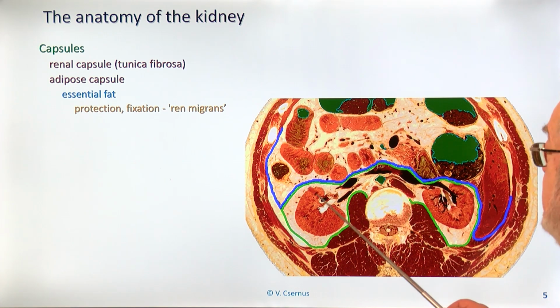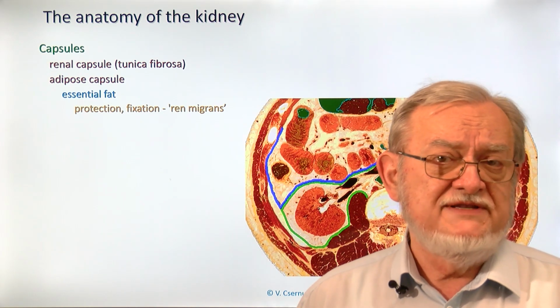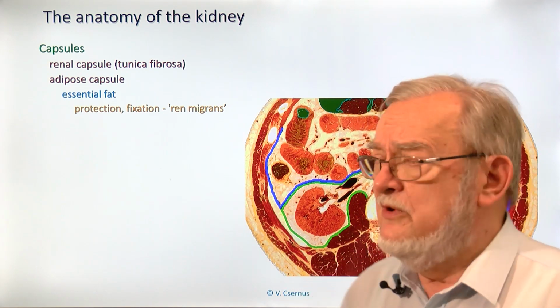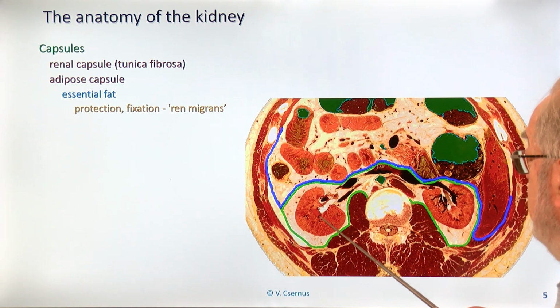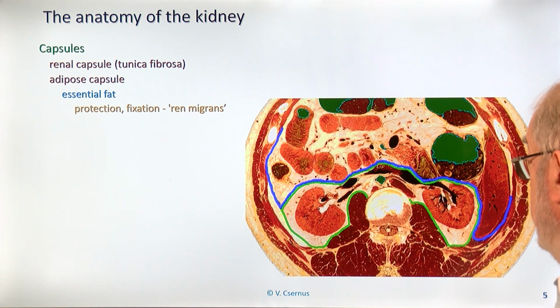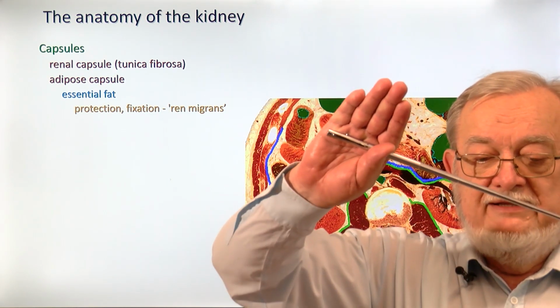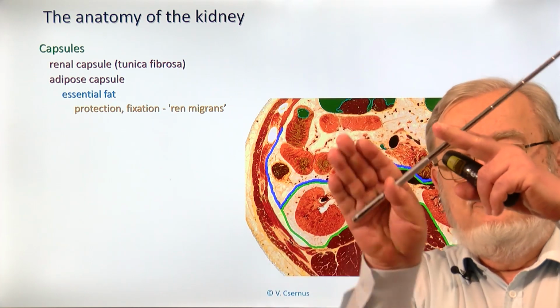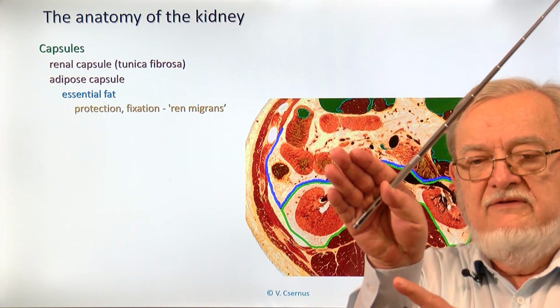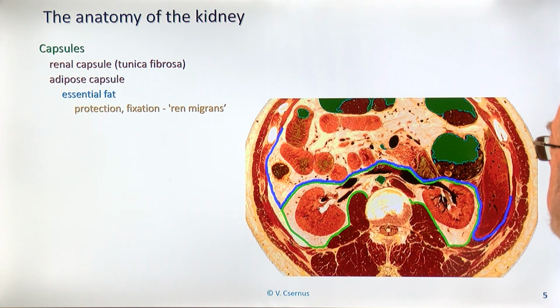The kidney is practically stuffed around with the fat tissue, and if you have a very extreme starving, like shipwrecked or some stupid woman who wants to be a photo model does that, then the kidney can slip down. This is what we call the migrating kidney, ren migrans. And the problem is not because we don't find the kidney, but the kidney will turn down a little, well, if you see it, goes down, and the ureter will make a sharp bending, and it makes it more difficult for